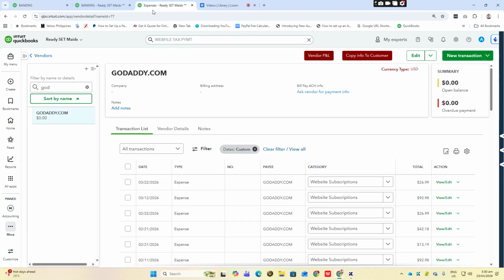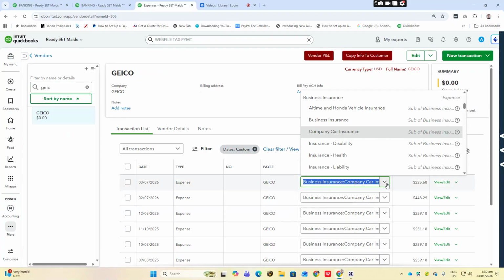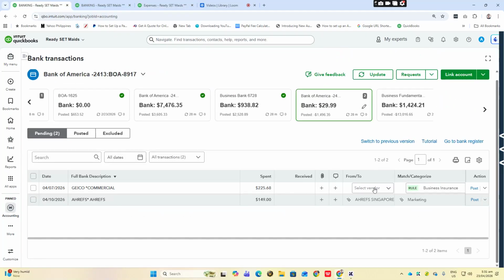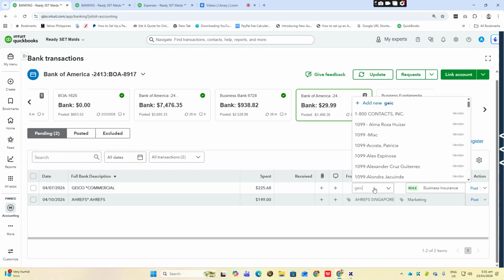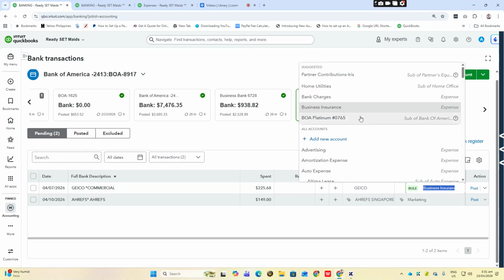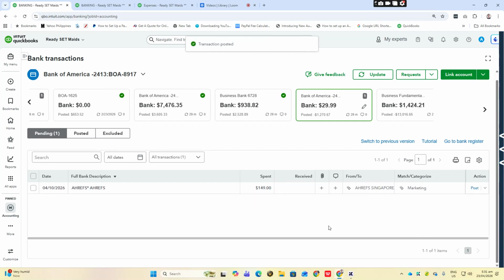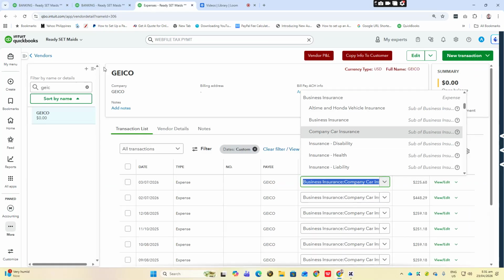Next is Vico. Company car insurance. So Vico, company car insurance. Okay. And then RFs.